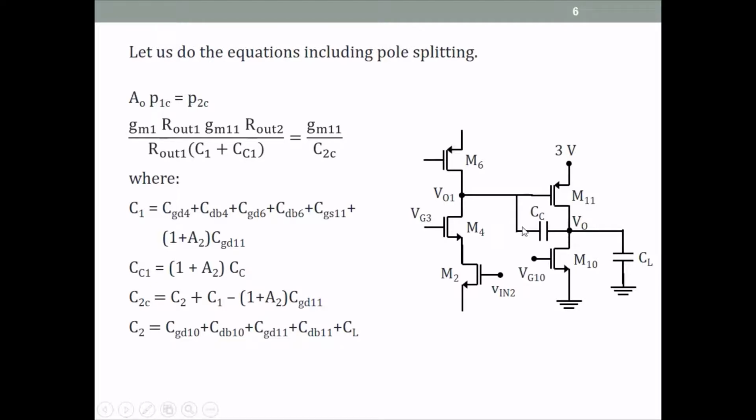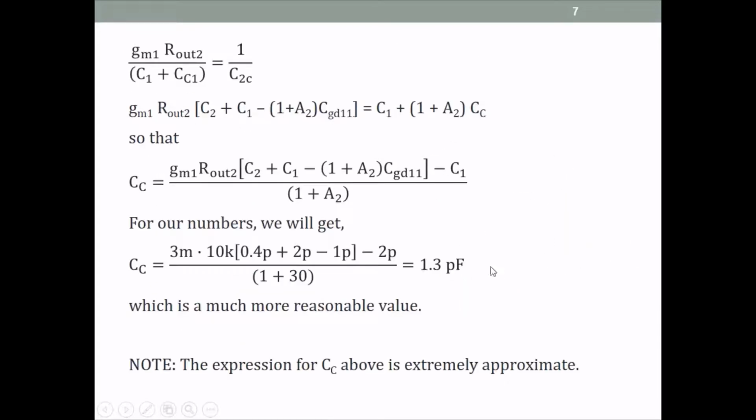The other is, of course, again, because CC is not entirely a short circuit, the actual capacitance at this node, this C2C, which we've written as C2 plus C1, all that is also an approximation. Okay, that is a second. More fundamentally, we are using this poles at nodes concept of Razavi, which itself is a serious approximation. We actually should derive the complete transfer function and solve for CC. All right, so for all these reasons, this is only a very approximate expression.